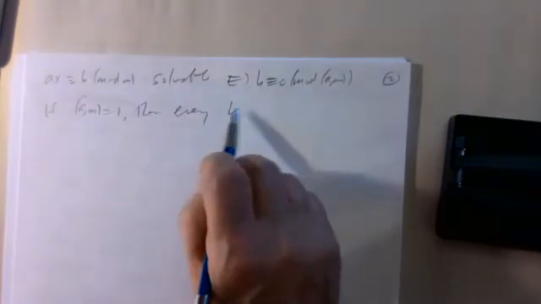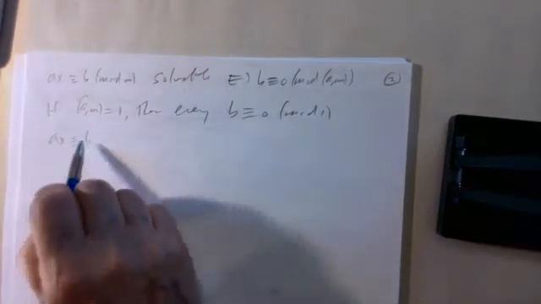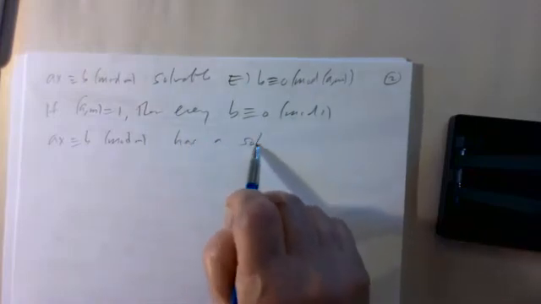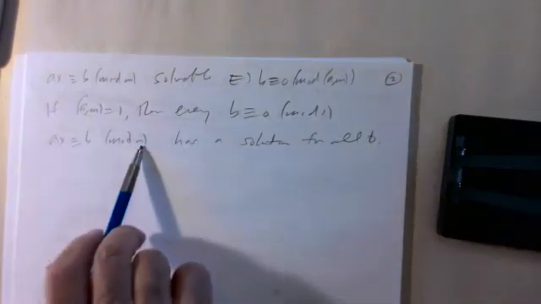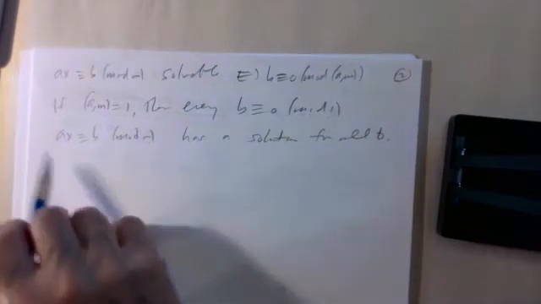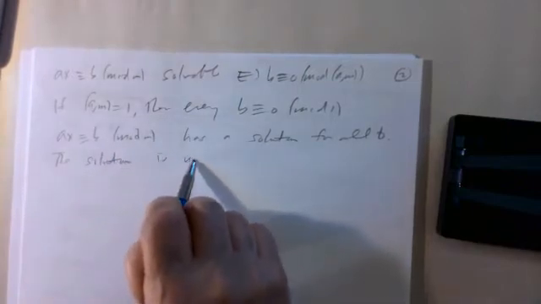If the greatest common divisor of A and M is 1, if A and M are relatively prime, then every B is congruent to 0 mod 1. This just says 1 divides B, which is always true. So AX congruent to B mod M always has a solution for all B. If A and M are relatively prime, there's always a solution of this mod M. And in fact, the solution is unique